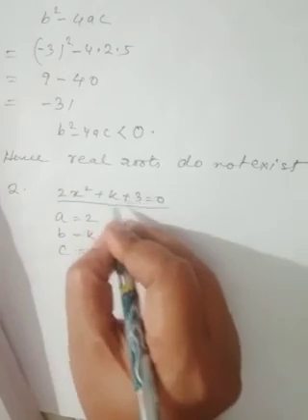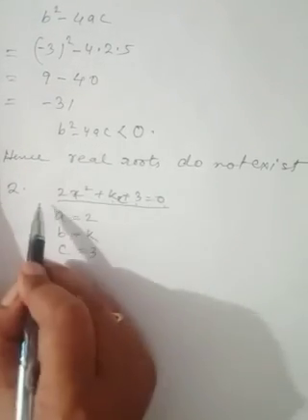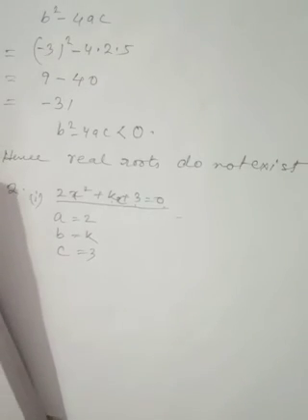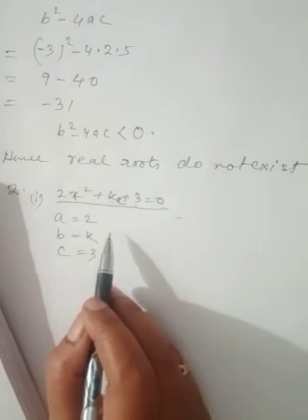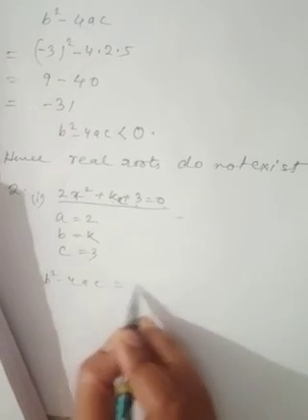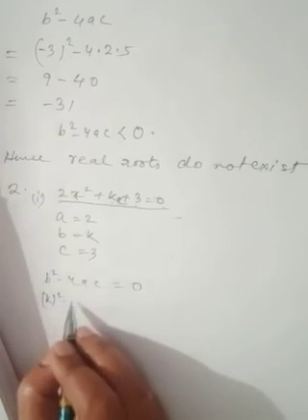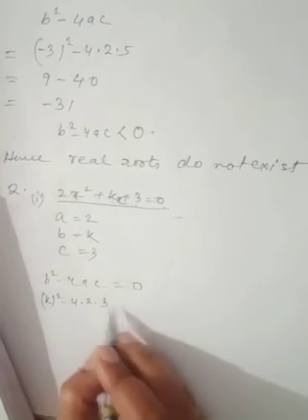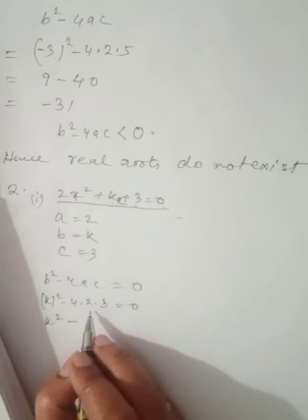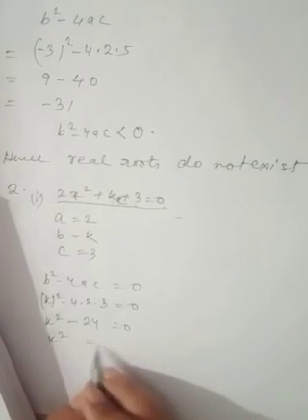Okay students. So 2x square plus kx plus 3 is equal to 0. So the first question of question number 2 is this. As they have two equal roots, the condition will be b square minus 4ac should be equal to 0. Now putting the value of a, b, c in this equation, we get k whole square minus 4 into a is 2 and c is 3 is equal to 0. Then k square minus 4 2s are 8, 8 3s are 24, minus 24 is equal to 0. Here k square is equal to 24.